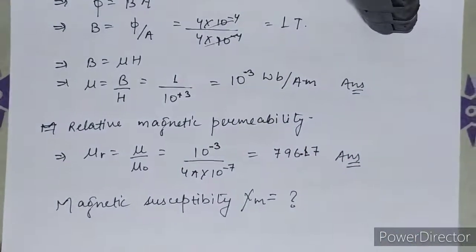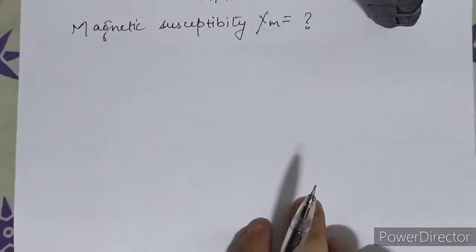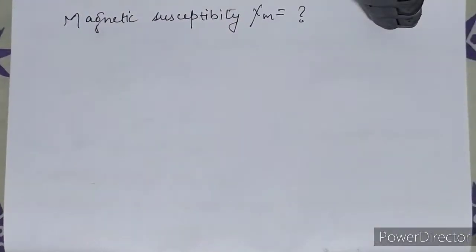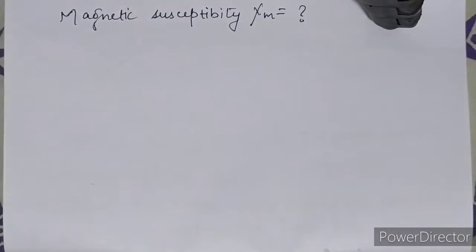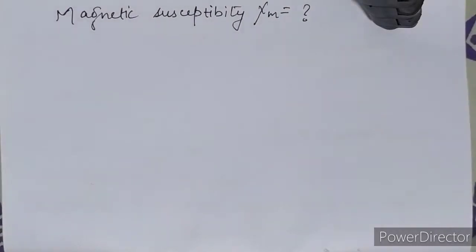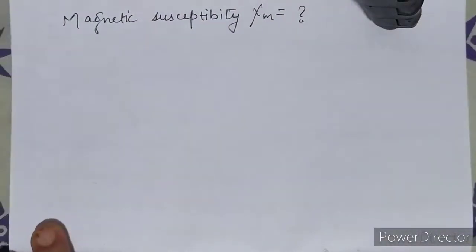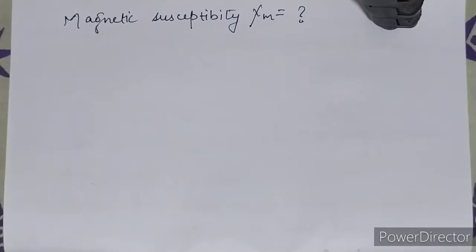So this is your question number 10, and the value of magnetic susceptibility in this question you have to solve on your own, because we have solved such types of questions many times, and we have used the formulas also. Okay, clear? Now moving toward the next question, that is question number 11. And here is the question.